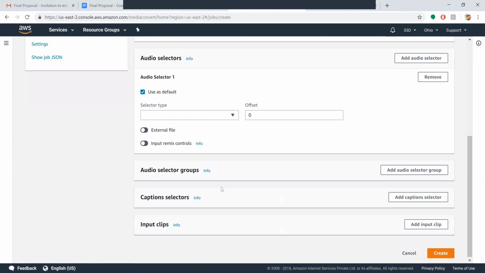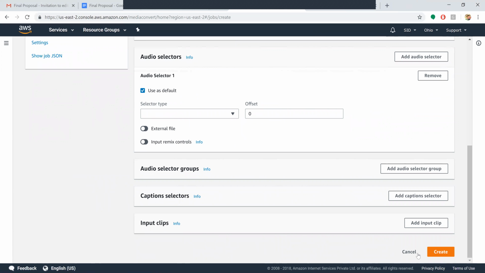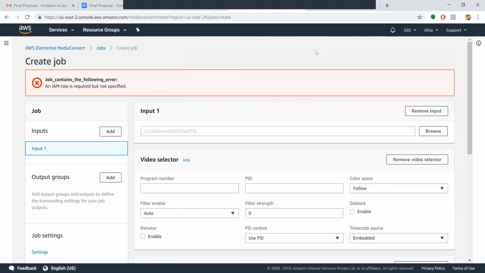You also have the audio selector, used as default. Once you fill in this data, you click on the create button. Then all of this will be set.